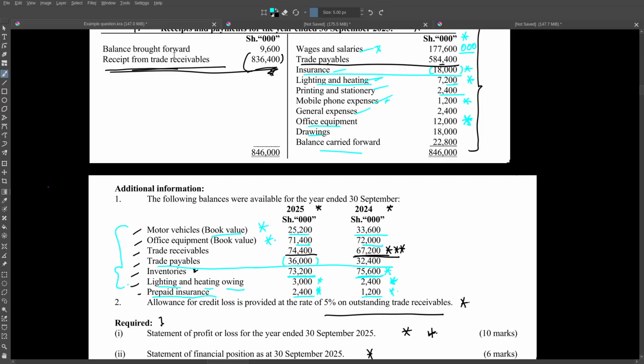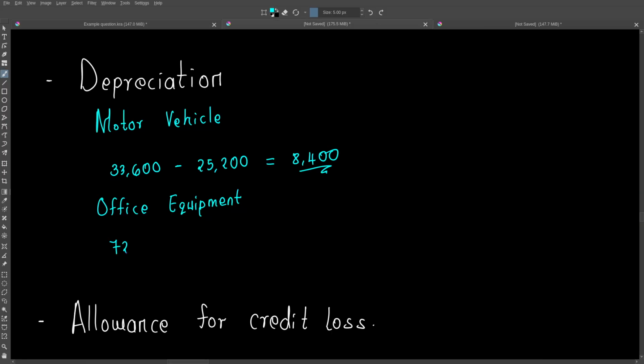So we take the balance, which is 72,000 in the previous period. We add our addition, because now we have added a new equipment of 12,000. And then we are going to less the book value of the current period, which is 71,400, okay? So you don't forget to add this 12,000, because there's been an added asset into this book value. So you need to cater for it as well. So our difference is going to be